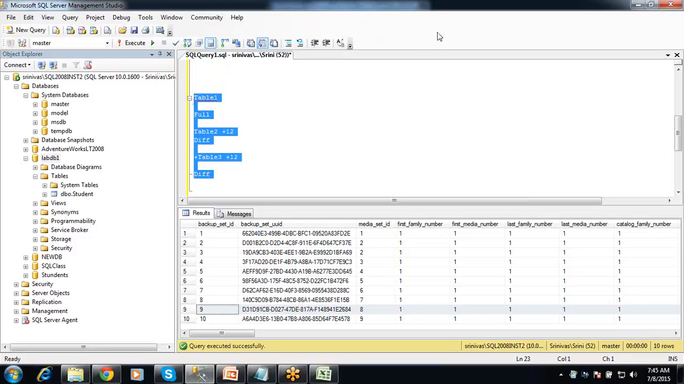Pooja or Ashwita, any comments? So the latest differential backup, ideally should contain what information? Twenty-four records. Yes, correct. So the latest differential backup